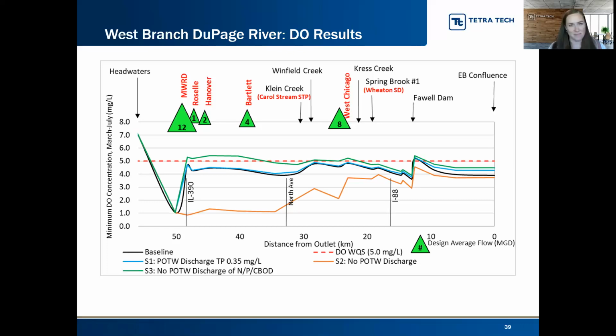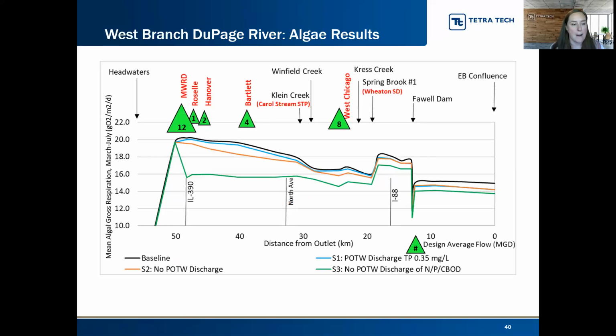But everything's a double-edged sword, because we've built the environment so much, there's not as much base flow. So we need that flow. It's important that we put that water back in the stream. It becomes even better as we improve the water quality of that treatment, as we all know, and it gets more and more expensive. But this graphic shows that relatively small increase in minimum dissolved oxygen, and that